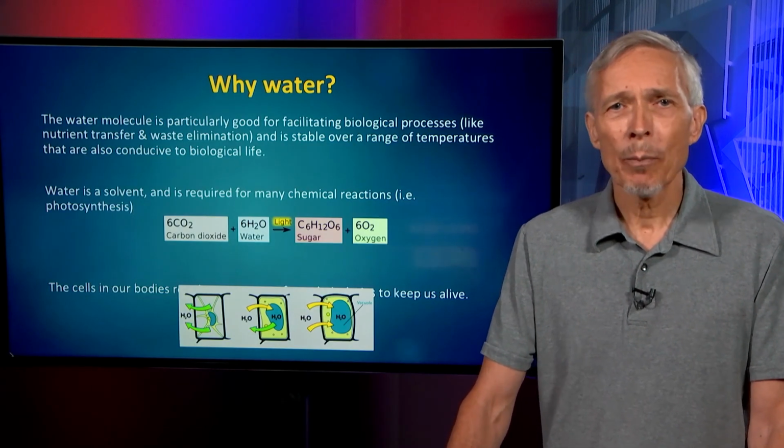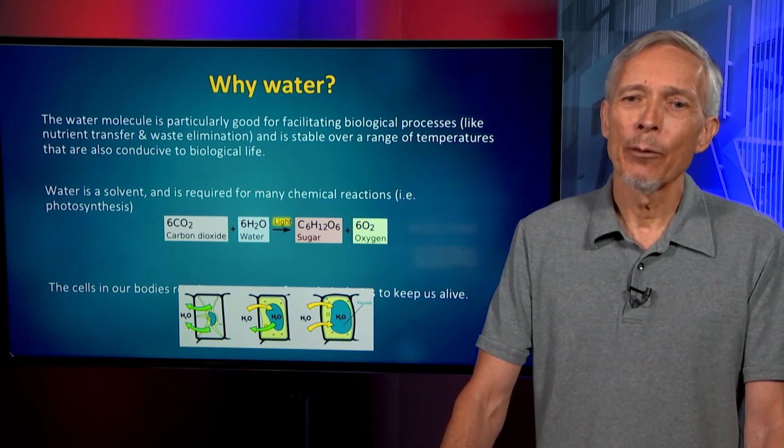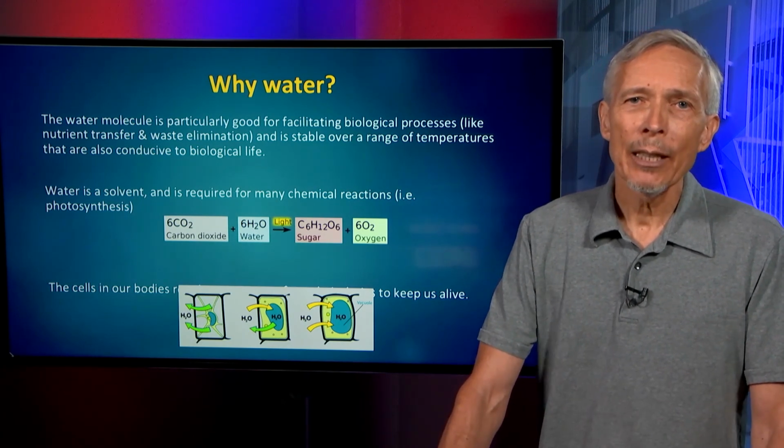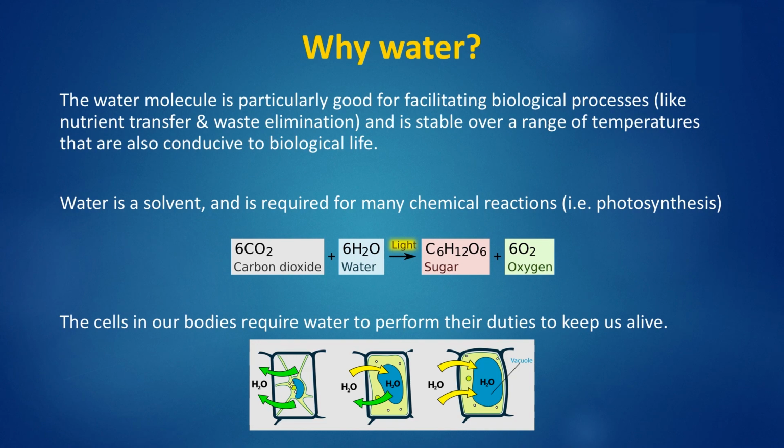Why water, or what is special about water that it would be a base ingredient for life? Water is particularly good for facilitating interactions and biological mechanisms. First of all, water is a solvent, and so you can dissolve many chemicals and minerals in water. This is standard in chemistry. Anyone studying chemistry is very familiar with this. What that means is if you have a body of water, many things can dissolve in it and interact and then form other combinations. So water forms a rich basis for chemical complexity because of the way it dissolves and